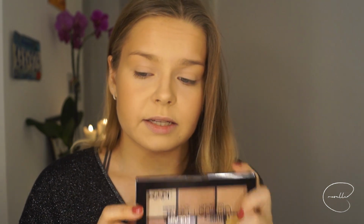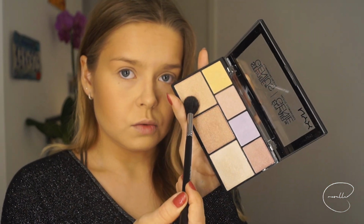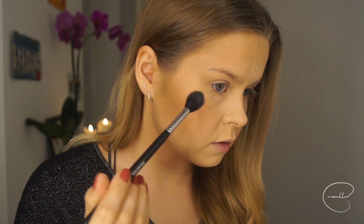I think I am going to go with the NYX palette today, just because I think this shade is going to be too light for my bronzed look that I did today. So I am going to go in with the Strobe of Genius and a Morphe M501 brush. And I'm just going to take these two colors together on top of the excess and just